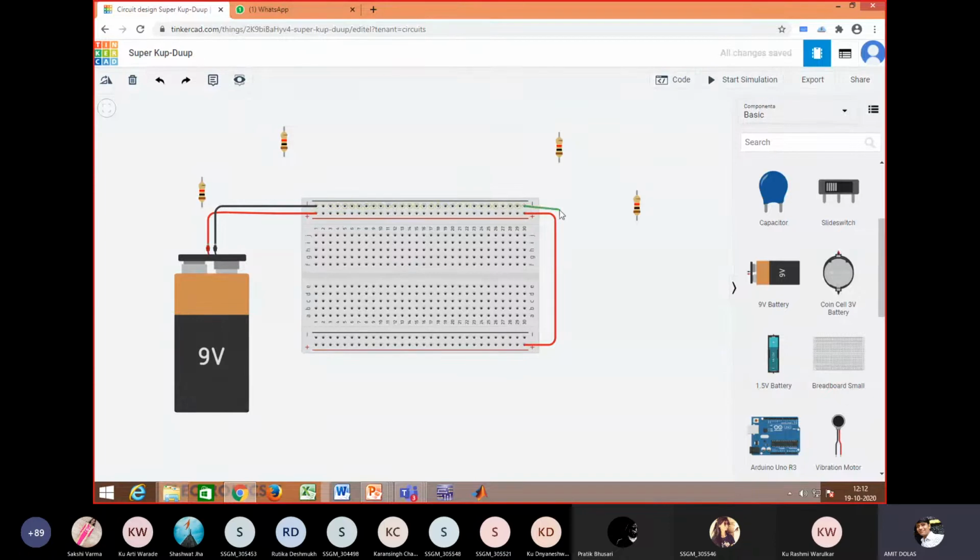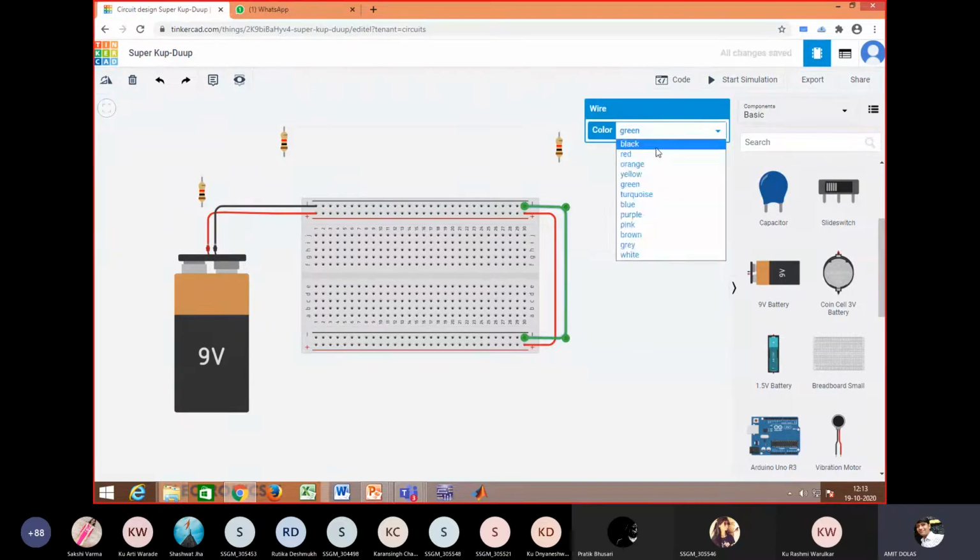Then I may use negative like this, if required, of course. If required, you may connect in this fashion. So I have connected this in this way. Again, as I use black, I'll say this is equal to black.